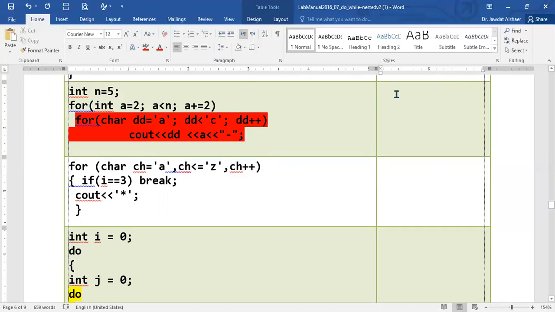Here for the inner loop, it will print dd, which is a. Then it will print a, which is 2. Then it will print the whole underscore. Yes. Okay. Now we don't go to the outer loop. We keep going inside the loop until we finish the inside loop. So dd plus plus, so dd will be b. Will be less than c. True. So